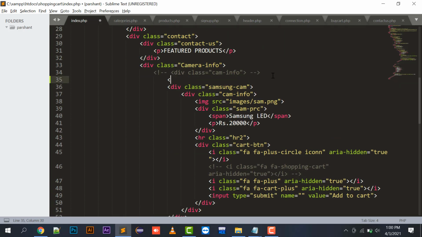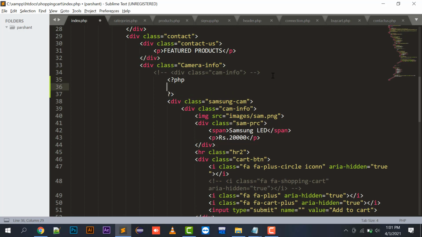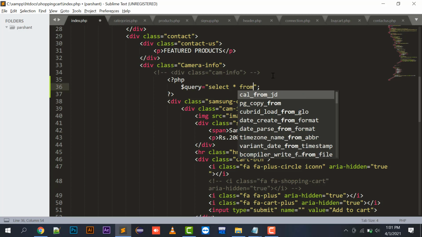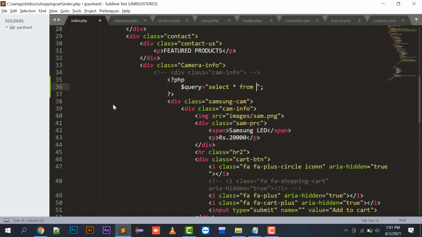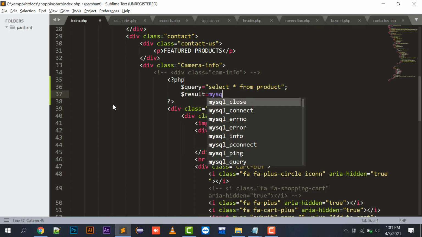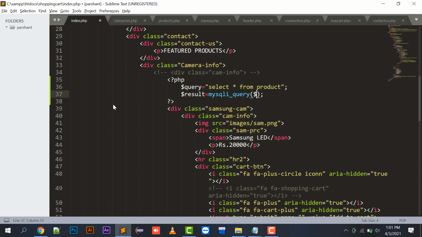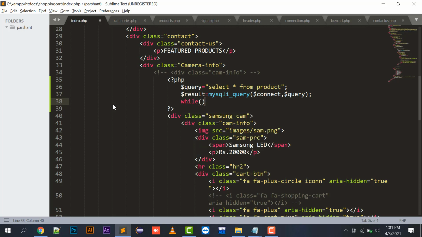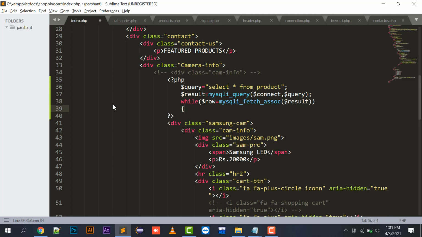So above the individual product, what I'm going to do here is write the query, select star from product, and the result.